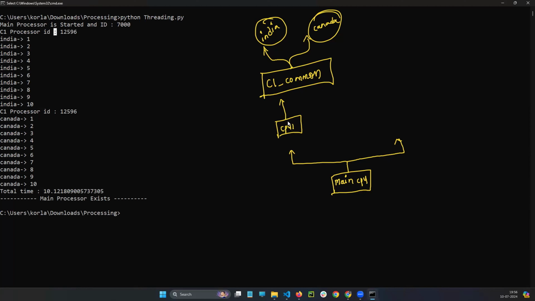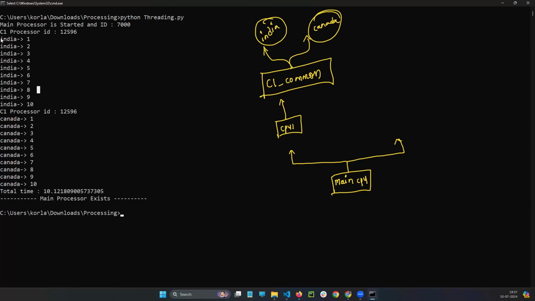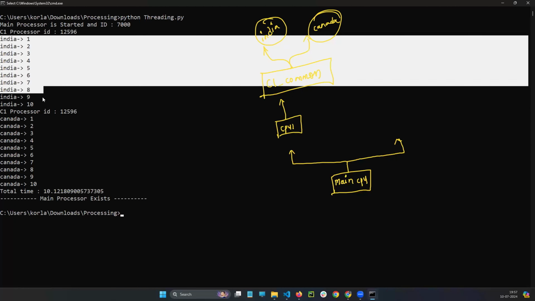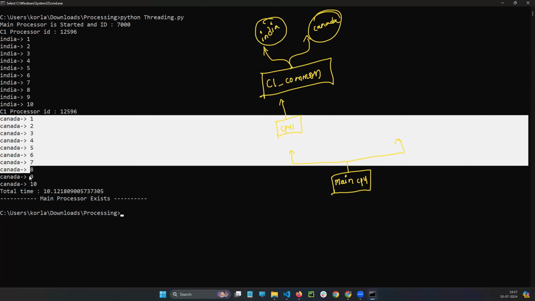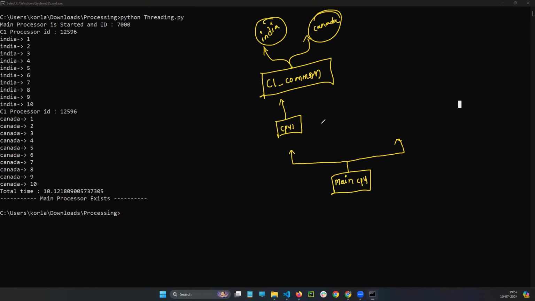So I'm telling C1 to run a common function. In the common function, what I have written is to run the India function. After completing the India only, for every iteration, 5 nanoseconds, even though it is waiting, after completing the India only, it will run the Canada. So from here, what you understood? From here, CPU1, even though two functions are there, one completes, then it runs the other one.